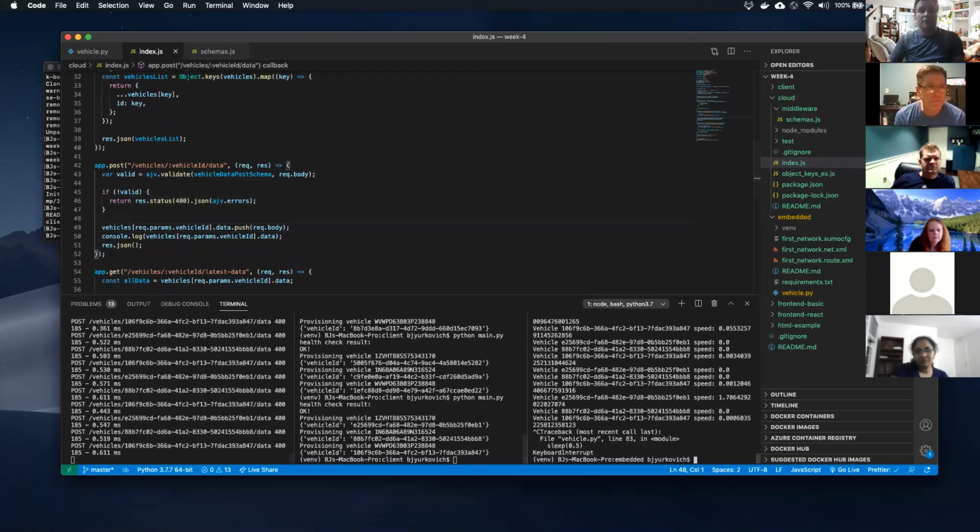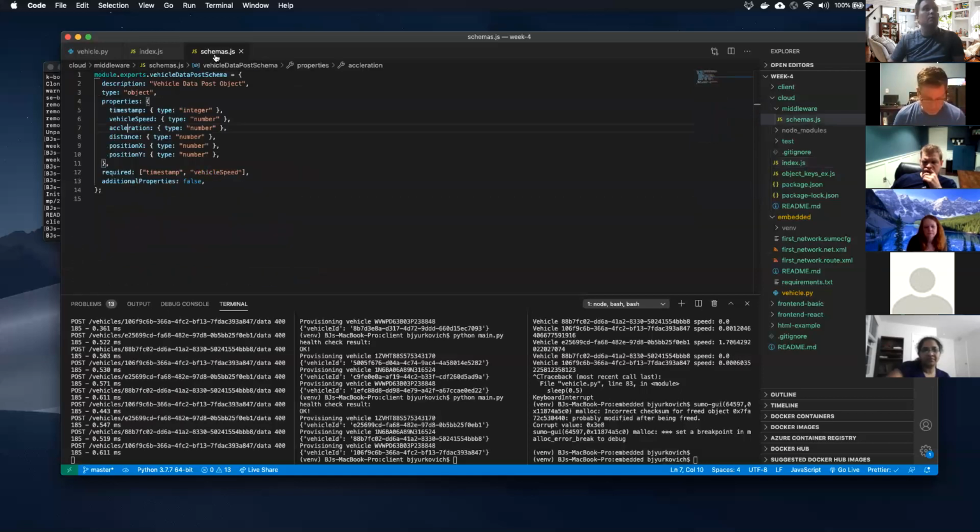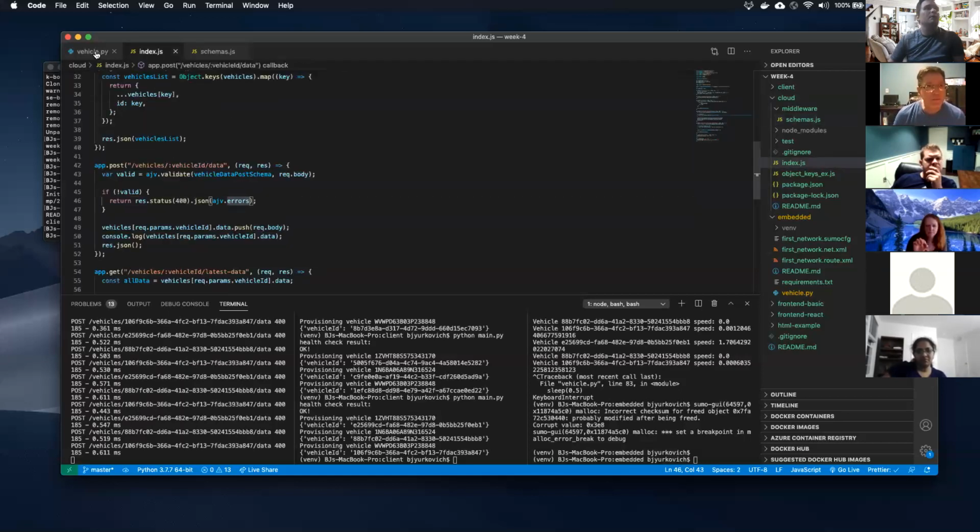And you might say, well, how do I know it's rejecting it? It's still being accepted here, right? It's still going in at least enough to validate this. But what I did was I said, if it's not valid, then return. And that return keyword stops execution. That's one of the most common things in all programming languages. That return statement stops execution of that function inside that function. So what we're saying is don't go beyond this point, just return 400 and give back the errors for doing it.